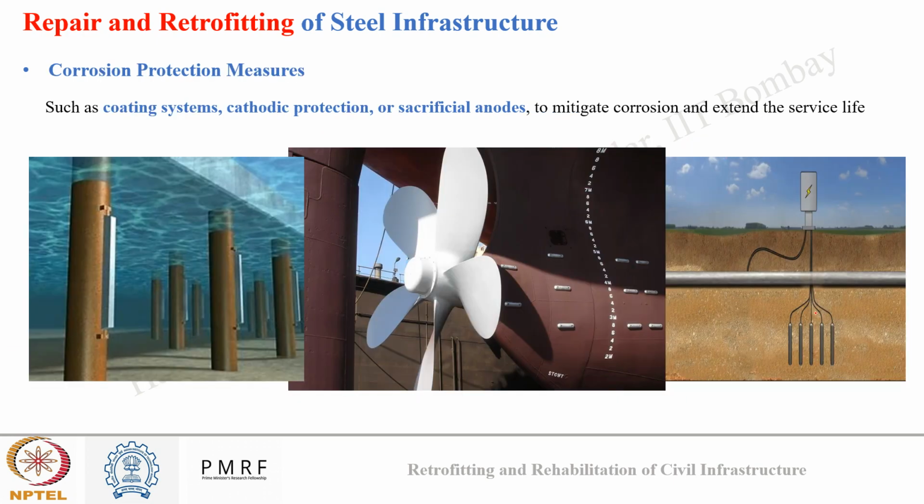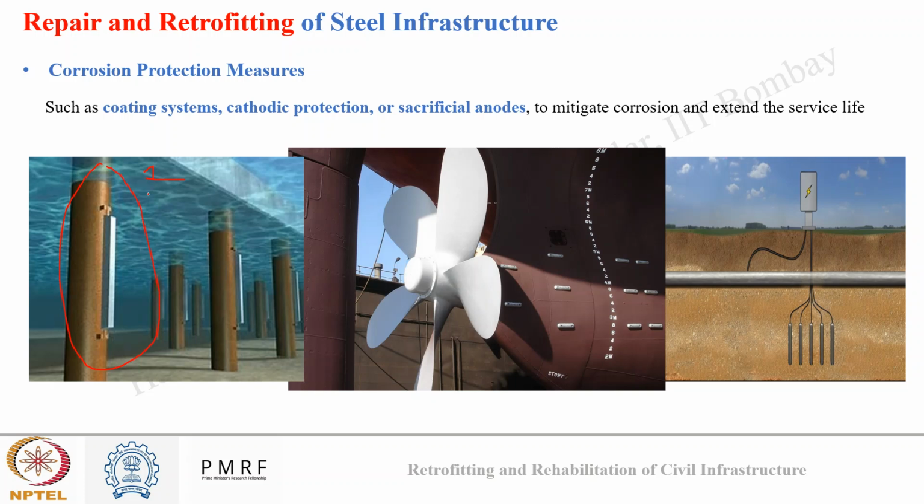The other case can be corrosion protection measures. As we know, steel is prone to corrosion, especially in environments which are very severe for corrosion. So in such cases, we can use coating systems, cathodic protection, and sacrificial anode to mitigate corrosion and extend the service life. As you can see in these images also, in the first image, you can see